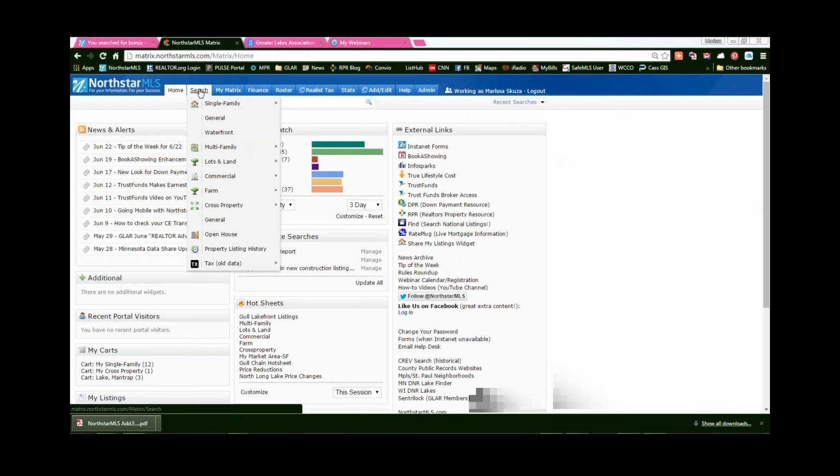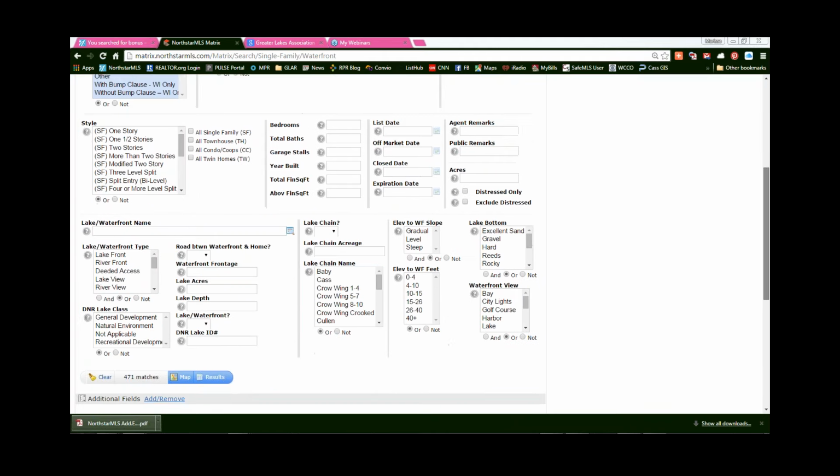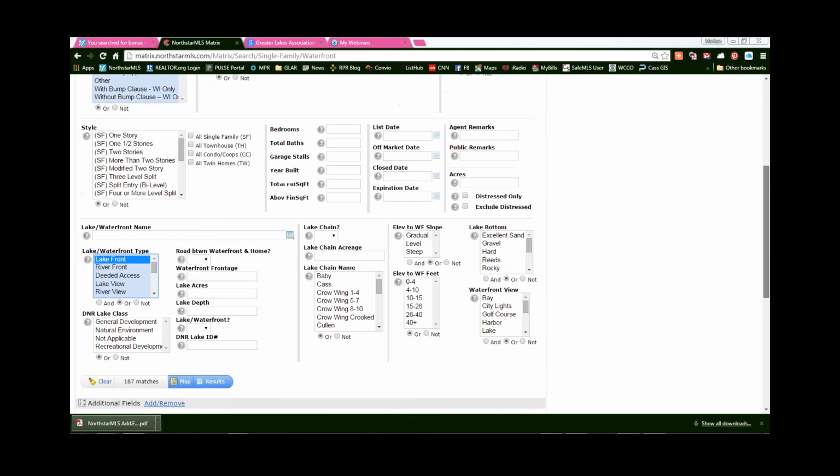So I'm just going to go to search single family and waterfront. I'm going to look for just active and temporary not available for showing properties with no contingency. And I'm going to look in the school district 181, so Brainerd. And I only want to see listings that are lakefront listings in a certain map area. So I'm going to draw